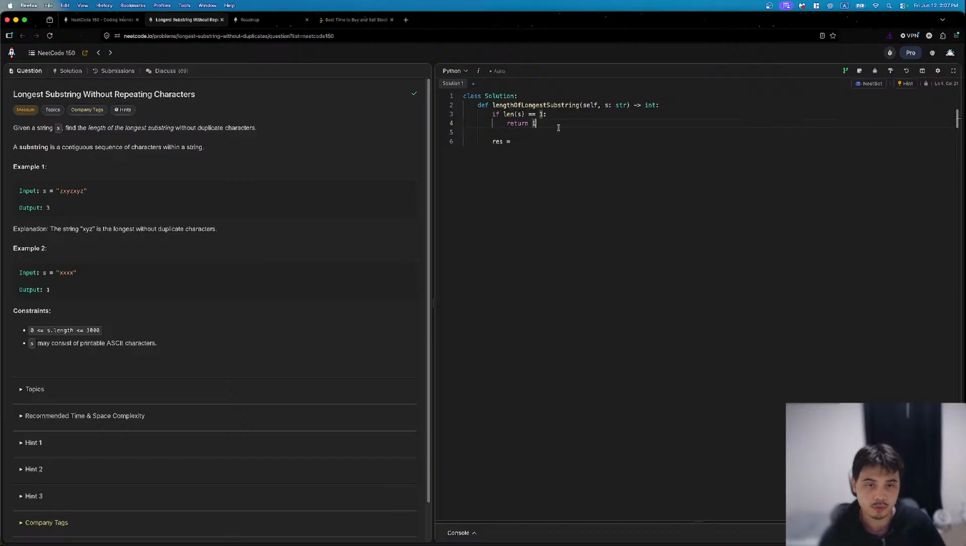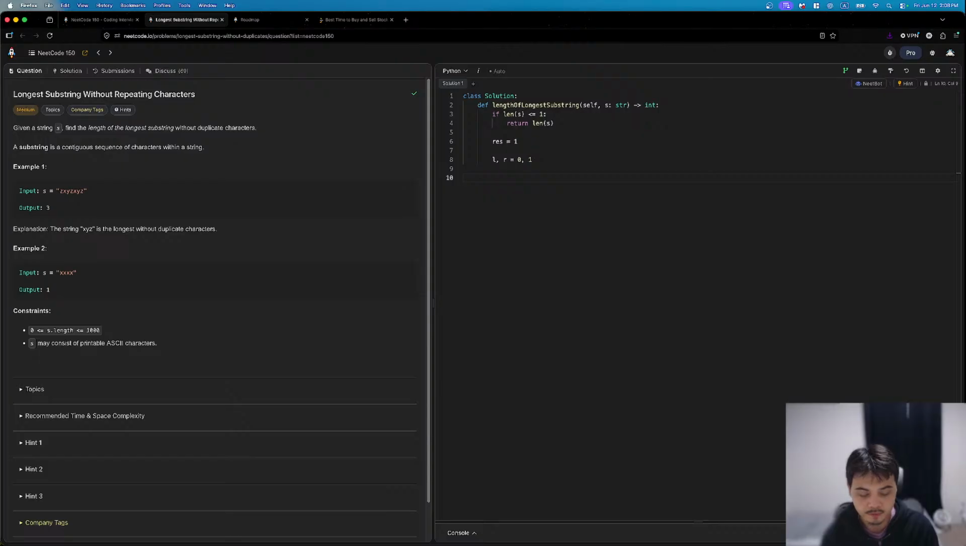Find s is equal to 1, return less than equal to 1, return like s. Okay, so I think it's fine to set res to 1, and then LR 0 comma length s. No, you can do this, and then